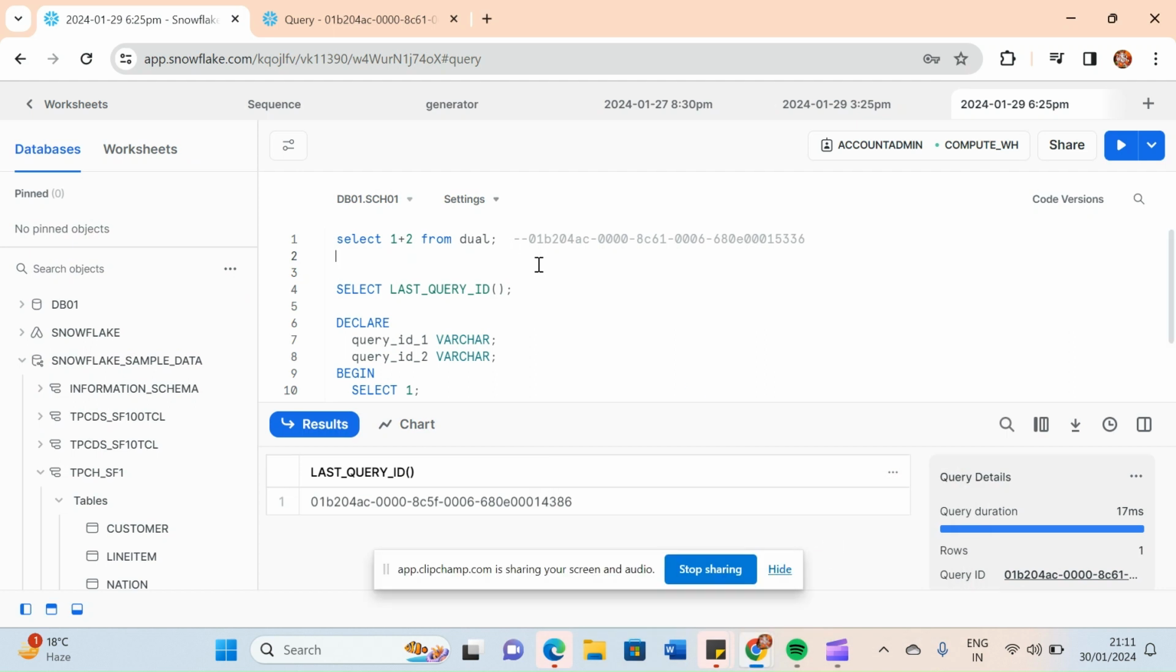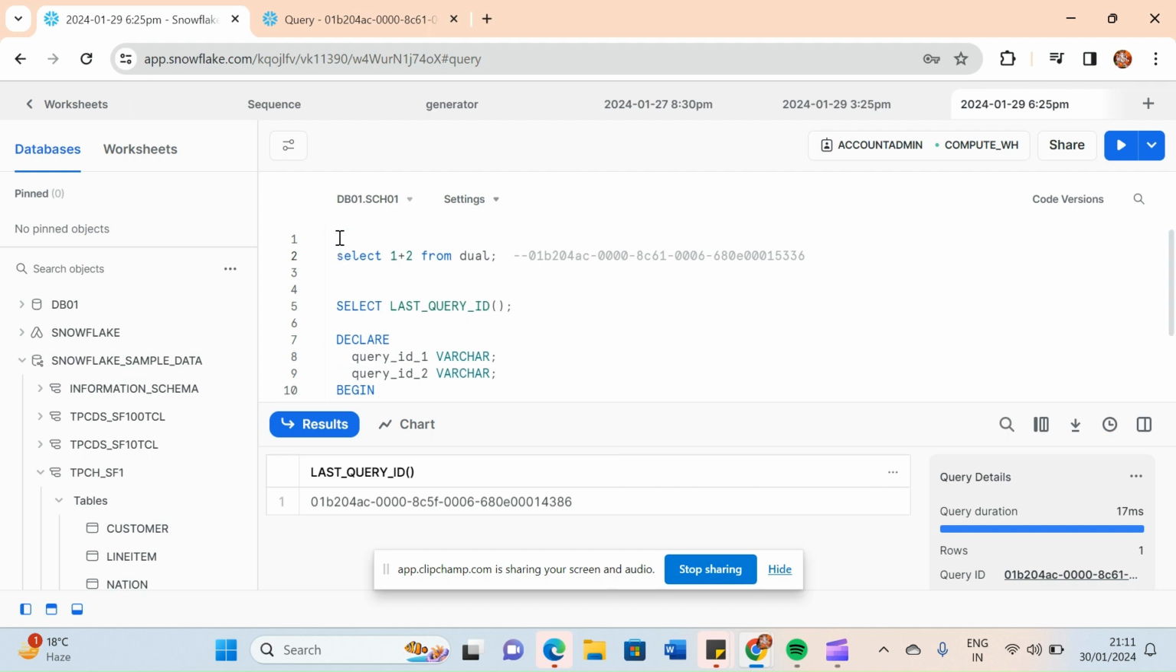Hi friends. In this video we'll discuss query ID. As I already told you, in Snowflake, query ID is a very important thing. If you want to check the previous state of any query, or at which time that query has been executed, you can use the query ID. So if you want to get the query ID, let me